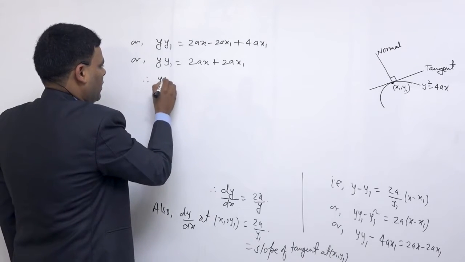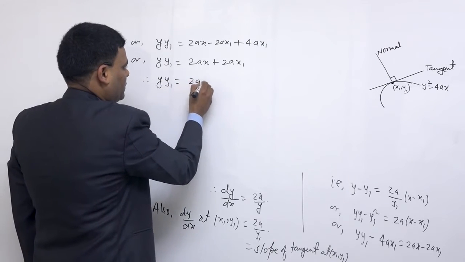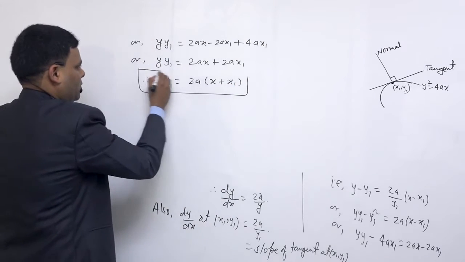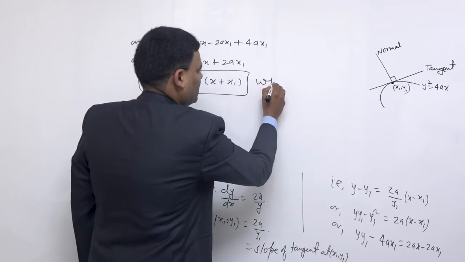Therefore y y1 equals to 2a into x plus x1, which is the required equation of tangent